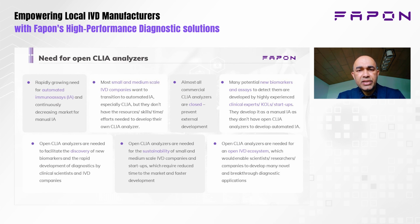Now there is an extensive need for open instruments. When we ventured into the open CLIA analyzers, we realized the industry will change because automated immunoassays are dominating the market. So manual assays, which are being used by the small and medium players, may not occupy a significant share of the market. And these companies may not have the resources and everything it takes to develop their own analyzer because it is very costly and requires a lot of skills. And all the big players are providing closed analyzers. So we ventured into the space